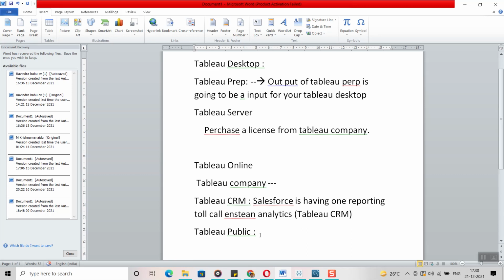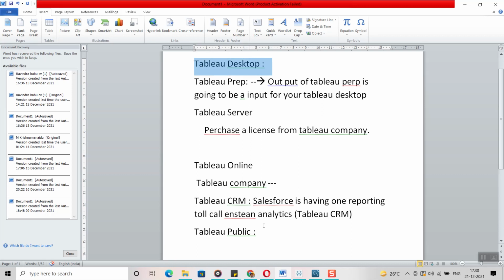If you go for an interview, some people may ask, can you please share your Tableau Public profile? Whatever dashboards you have created, it is better to have one Tableau Public profile, and you can publish these Tableau reports into the server. To publish any report to your Tableau Public server, you need not create it using Tableau Public. You can create it using your Tableau Desktop, and then publish into your Tableau Public profile. There is no issue.